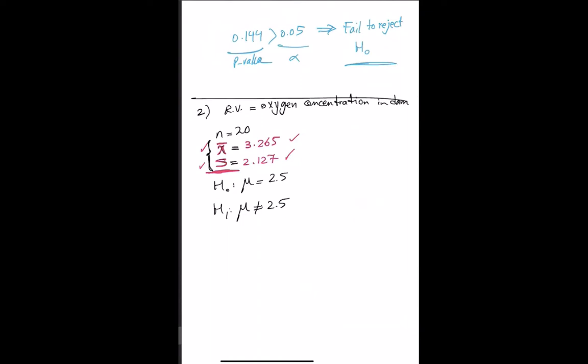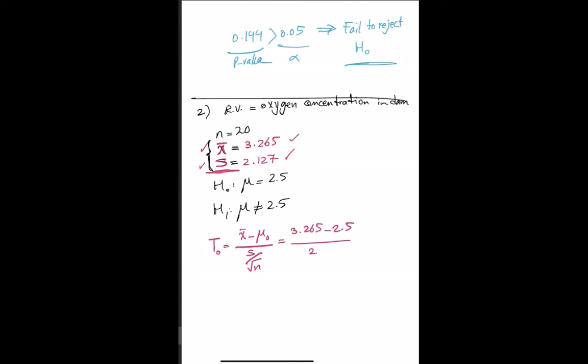These are for scenarios when I know the sigma. These are for scenarios when I don't know the sigma. Then you don't pick the wrong formula for the problem. So here I don't know sigma. I have S. So the test statistic, or T null, is going to be calculated by X bar minus mu divided by S over square root of N. And that's going to be 3.265 minus 2.5 divided by